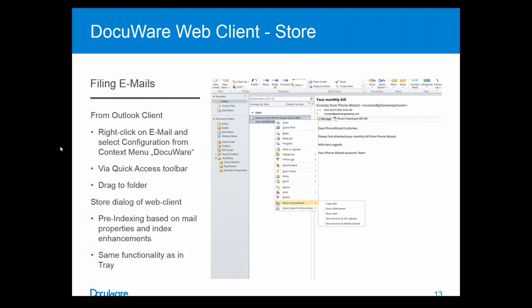Another option we have is we could use what we call our C2O or Connect to Outlook module. With our Connect to Outlook module, now we could store mail directly into DocuWare and pull index data off documents based on those configurations. So this Connect to Outlook,